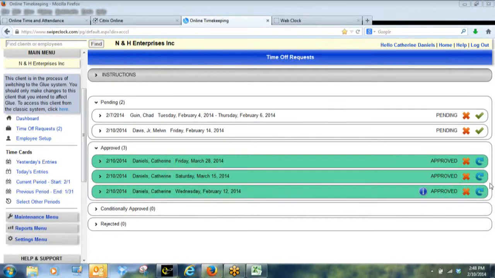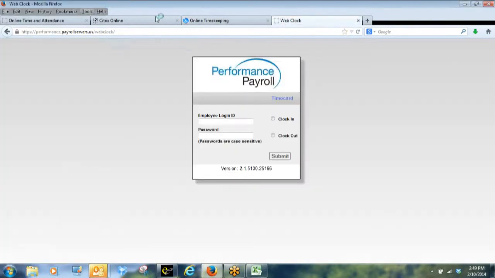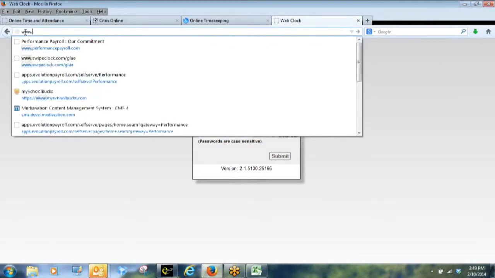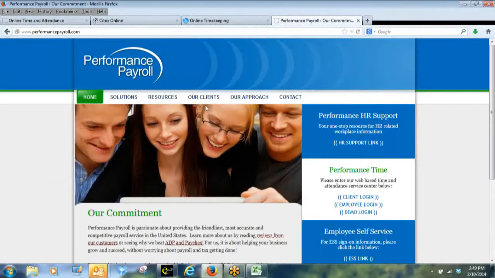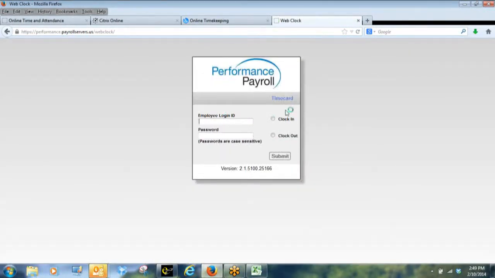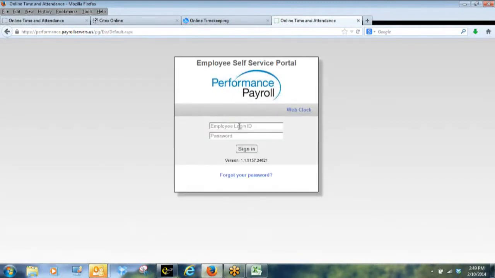Okay, somebody said, can you please show us again how employees punch in and out? Okay, so an employee is going to go to our website. Y'all are going to be great at this, the ones that have been on here. To our website, performancepayroll.com. They're going to go to employee login. They can clock in and out right here. They can hit time card, and they can clock in and out right here, and that's going to get them to the web portal